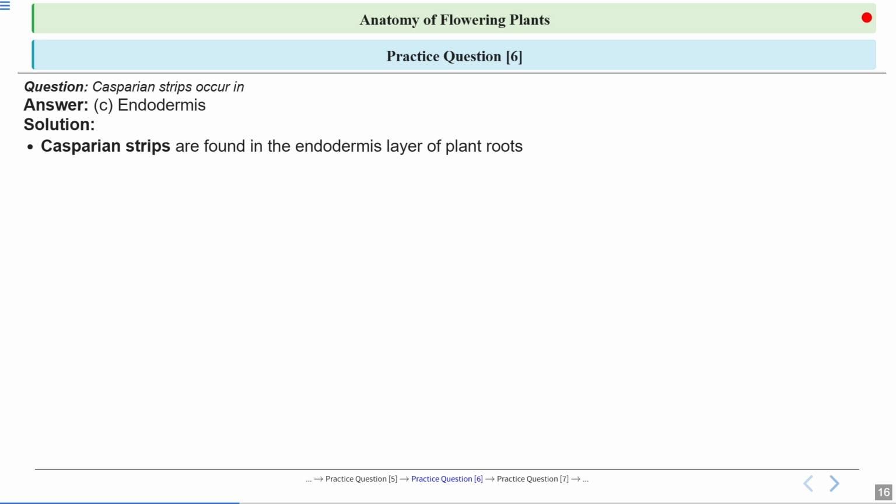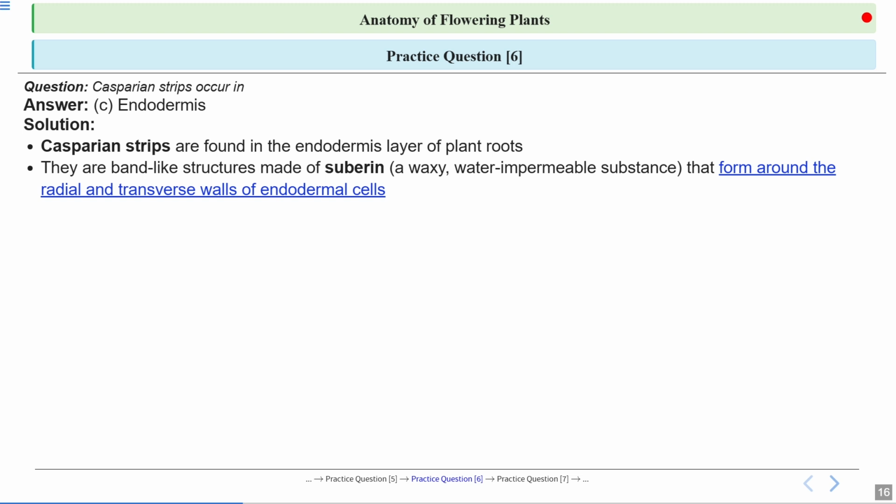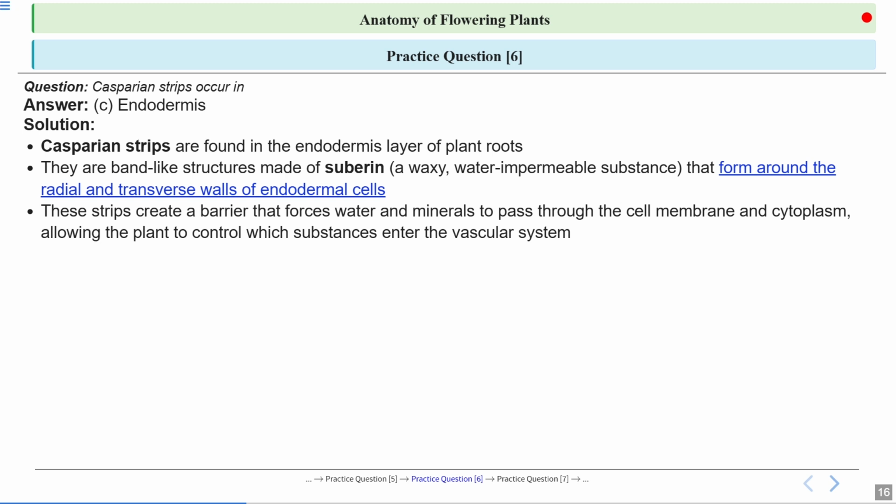Casparian strips are found in the endodermis layer of plant roots. The endodermis is covered with what is called Casparian strips. They are band-like structures made up of suberin, a waxy water impermeable substance. It does not allow the water to permeate. They form around the radial and transverse walls of the endodermal cells, right? So these strips create a barrier that forces water and minerals to pass through the cell membrane and cytoplasm, allowing the plant to control which substances enter the vascular system,